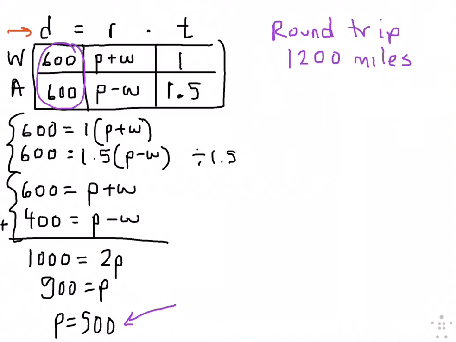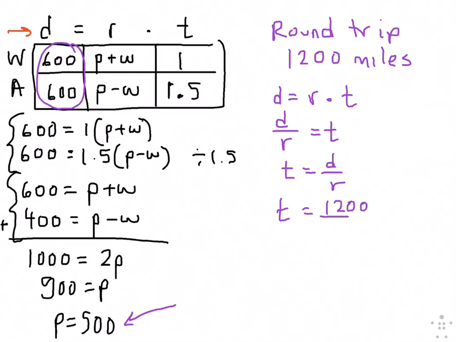So for the round trip, the time is going to be, if we have distance equals rate times time, and I want to solve for time, I would get D over R equals time. So the time equals D over R. In this case, the time is 1,200 miles divided by the plane speed in still air, which is 500. So 1,200 divided by 500 comes out to 2.4,